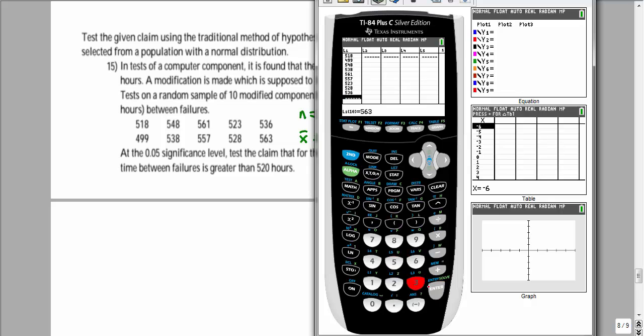And 563. Okay. So now I go back to Stat, Calc, one variable Stats, and my list is